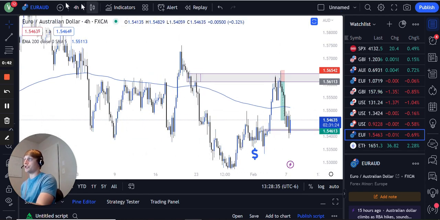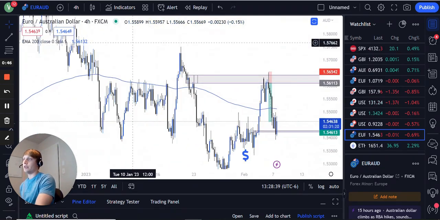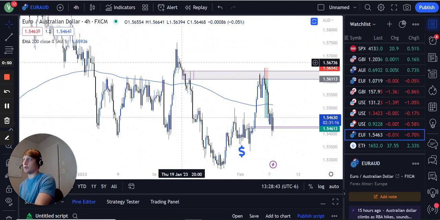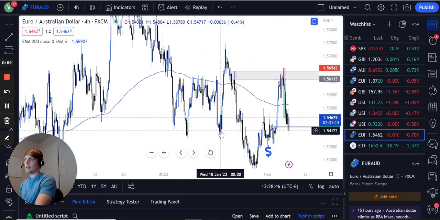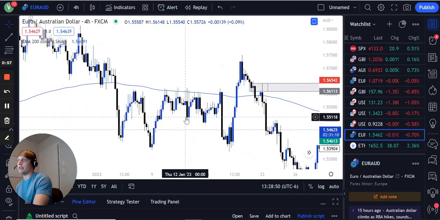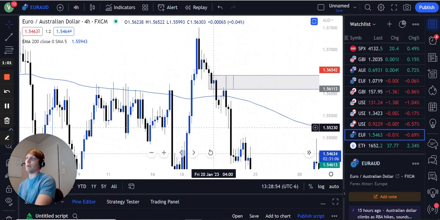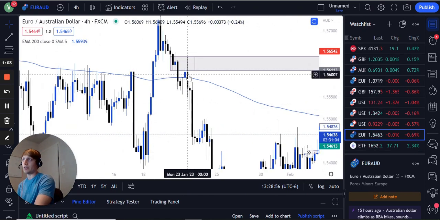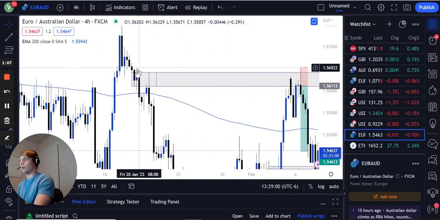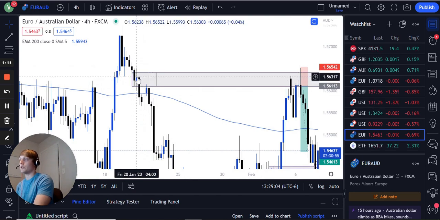Going back a little bit, this is the 4-hour time frame. And as you can see, we're in a downtrend. We're trading below the 200. It'll kind of go above the 200, but then we're mostly trading below it, telling you that we're in a downtrend. And I marked up this supply right here, this 4-hour supply zone. Now I originally had this one marked up, but as you'll see, price actually broke this supply zone. And it did wick into the previous one as well,